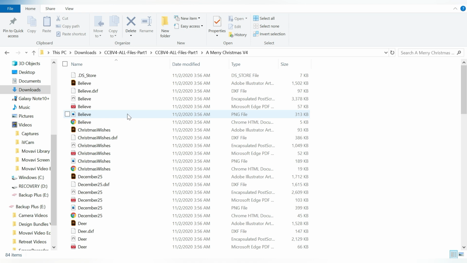For example, if right now I'm strictly a vinyl cutter, and all I care about are the SVG files, then I can download that folder of just SVG files, right? But what if I need the DXF file? That's going to be different because maybe I'm using a program like Silhouette Studio Basic Edition. You can only use the DXF files. You can't use those SVG files. So that's where this would come in handy.